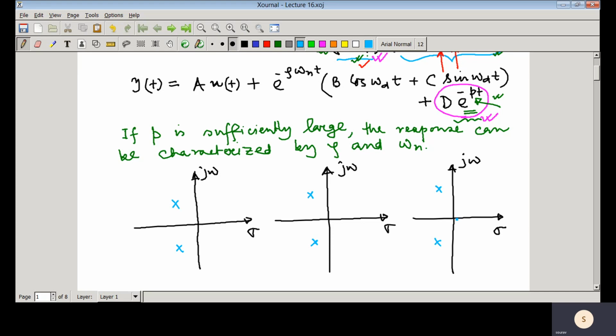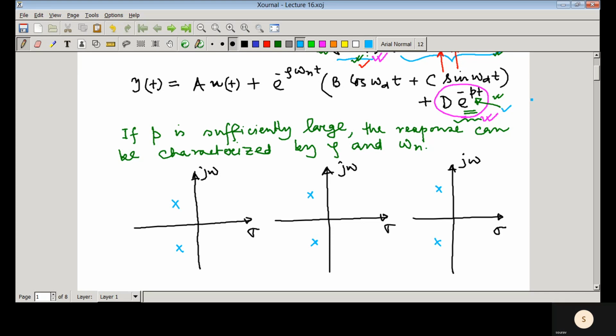That means if a pole lies far away from the origin, its effect would be less, because we have seen here just now that whenever a pole is placed far away from the origin, due to that pole